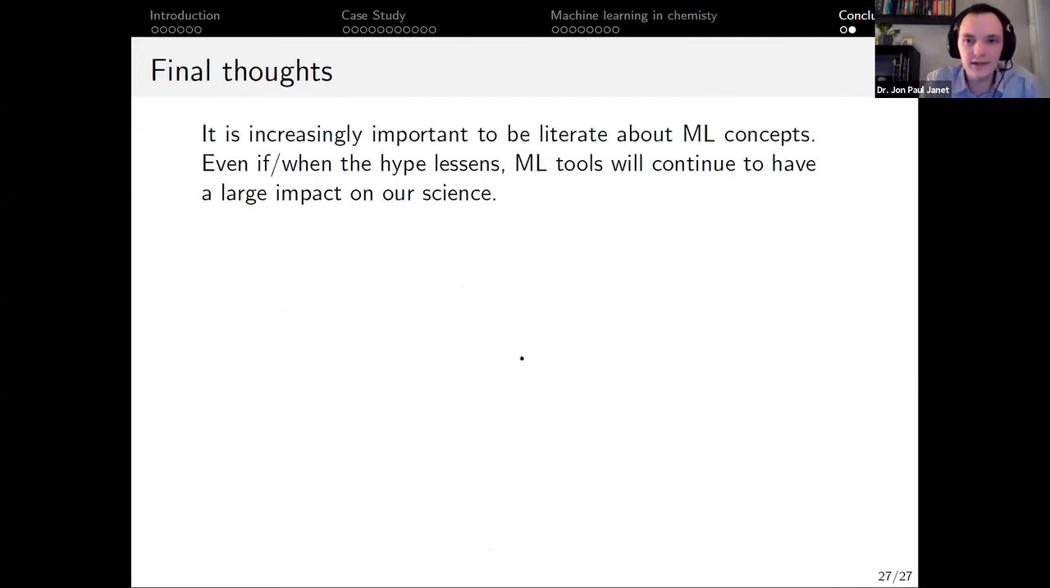I want to just say that I think it is becoming increasingly important to be at least literate and aware of these techniques, because they're creeping into all kinds of science domains. You really struggle to go to ACS and not find someone doing machine learning in some session that you're interested in. And even when the hype bubble that we're in dies,